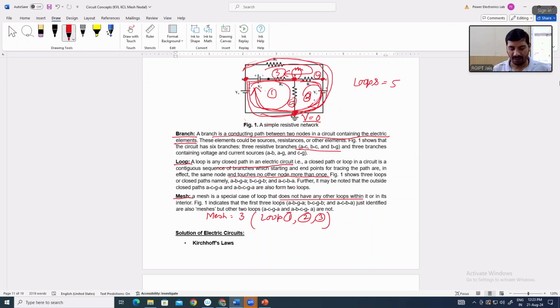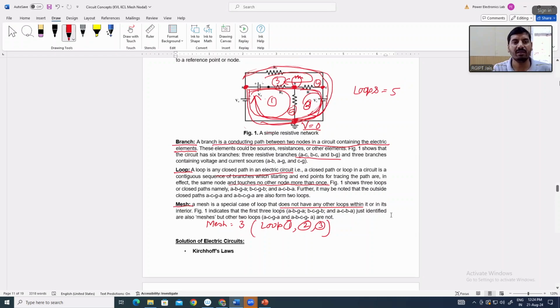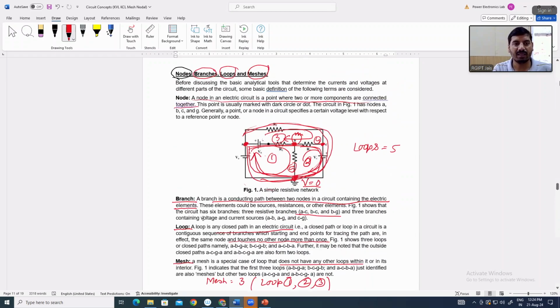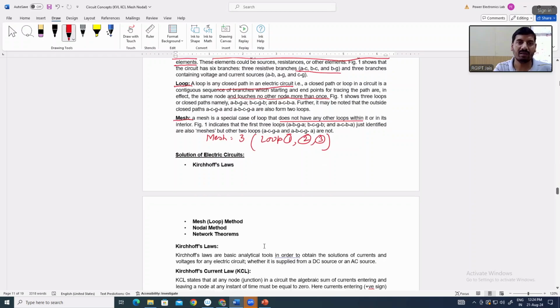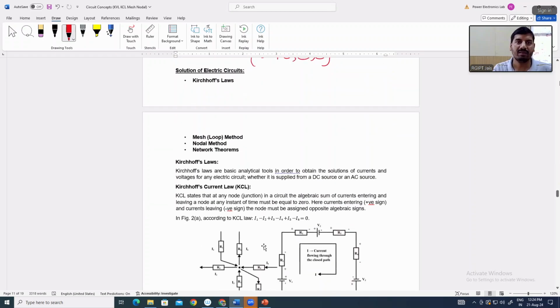सो इट मीन्स कि वी कैन से दैट एवरी मेश इज अ लूप, बट एवरी लूप कैन नॉट बी ए मेश। ओके, एक सिंपल वर्ड में बोला जा सकता है। ये समझ में आ गया डेफिनेशन नोड्स का, ब्रांचेस का, लूप का और मेश का? यस सर। ठीक है। इसका यूज होगा आगे सर्किट सॉल्विंग में। अब हम मेन टॉपिक पे आएंगे, जिसमें